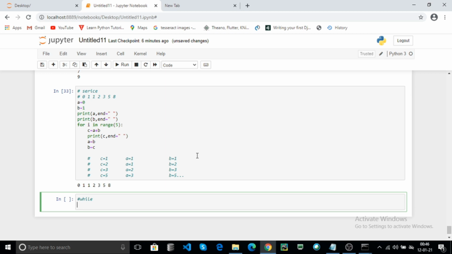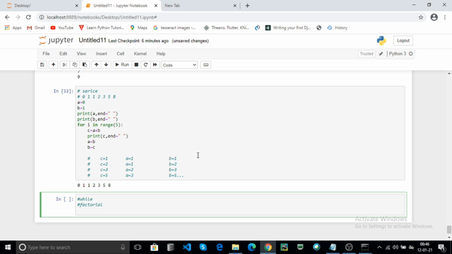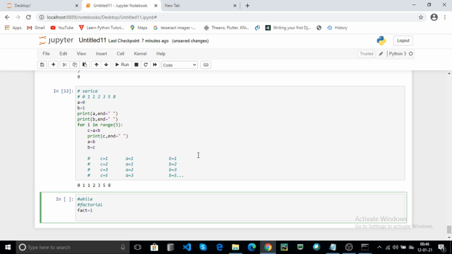For example, print the factorial. I take the fact initial value as 1. Now you can find the factorial of a given number.